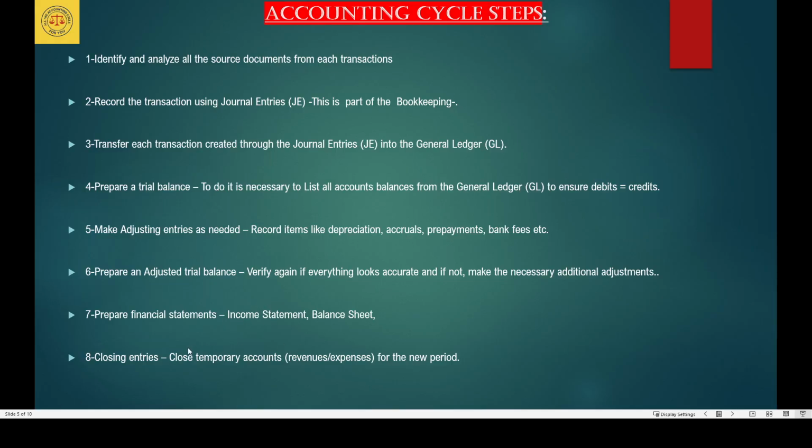That means at some point, especially at the end of the year, December 31st, those temporary accounts, after they have huge balances or whatever balances, become zero. They have to be closed and put at zero to start the next period, the next year, with a zero balance. The temporary accounts always start with a zero balance at the beginning of each accounting period. So keep in mind that this is very important.